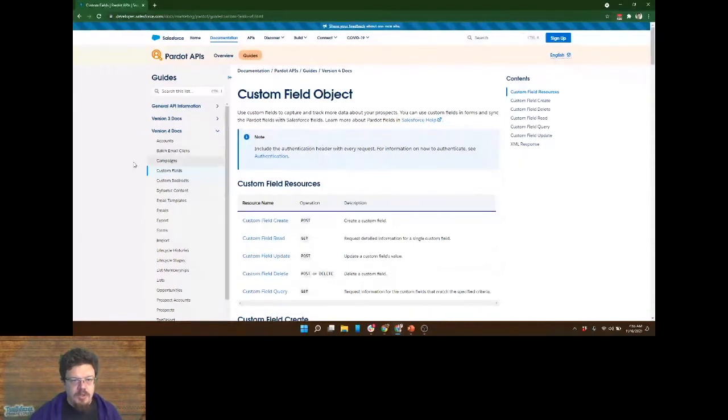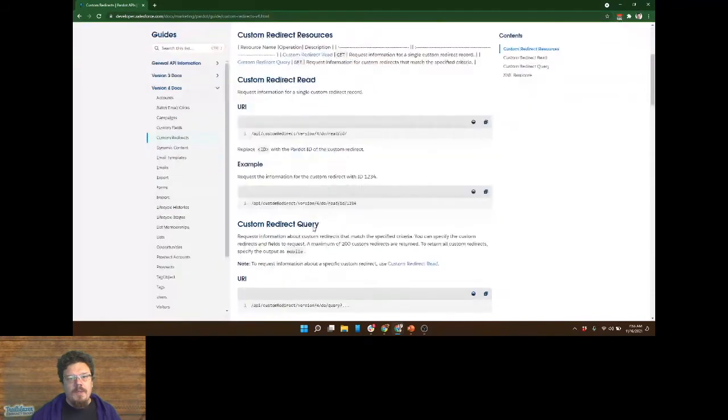I'm also using this custom field capability to migrate Pardot custom fields from production into Sandbox. When we spin up a new Pardot Sandbox, it's kind of like a blank slate, and there's no migration capability today. So I'll use this custom field API endpoint to read all the custom fields out of production and then write them into the Sandbox. So I don't have to sit for hours and recreate all these 200, 250 custom fields by hand. Custom redirects. Again, we can read custom redirects. I don't believe we can write custom redirects.